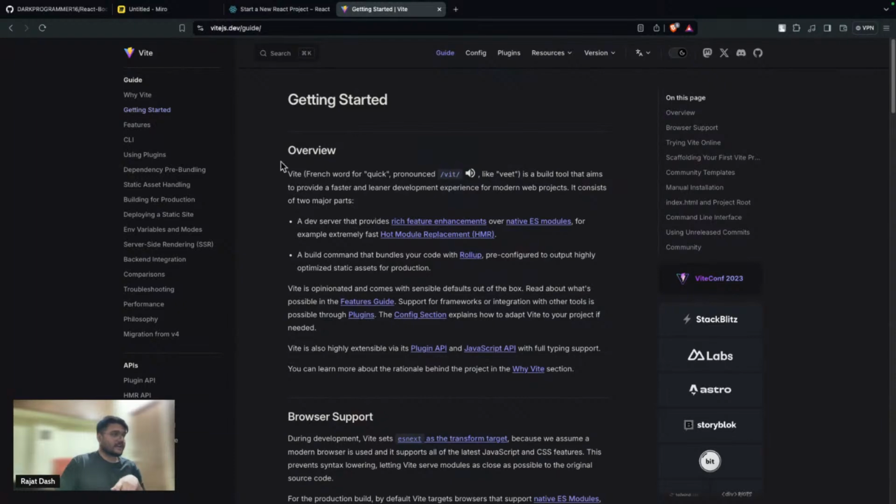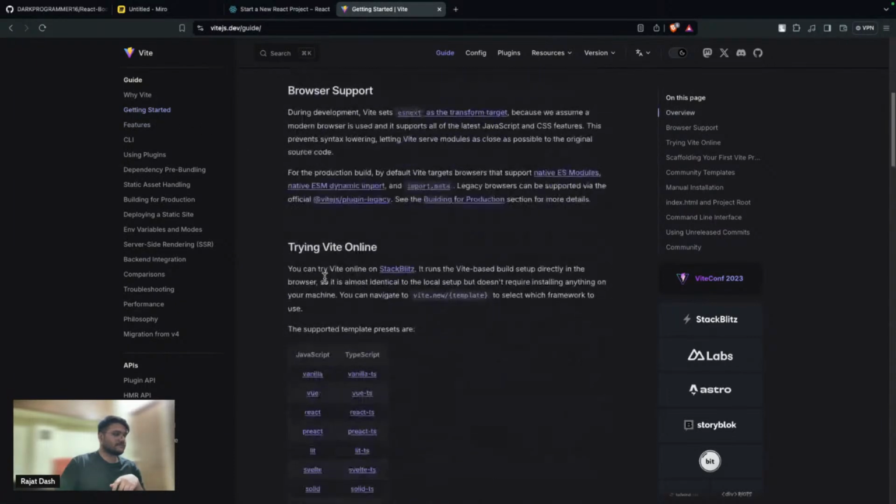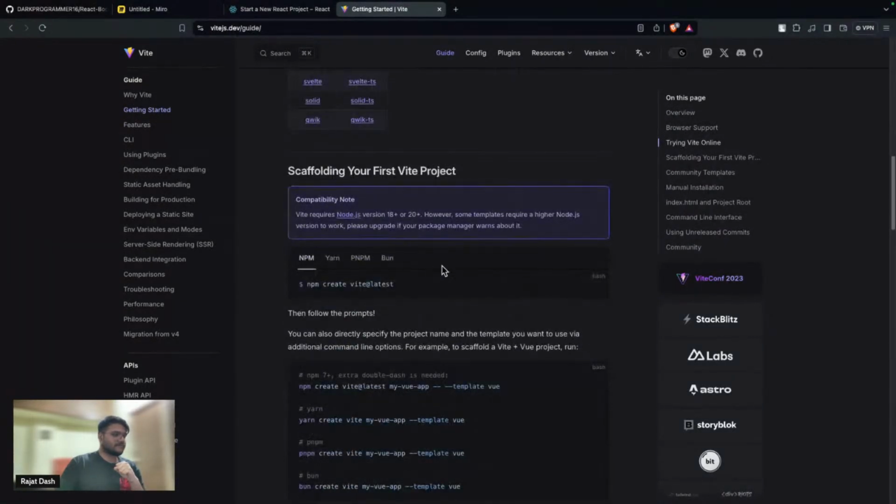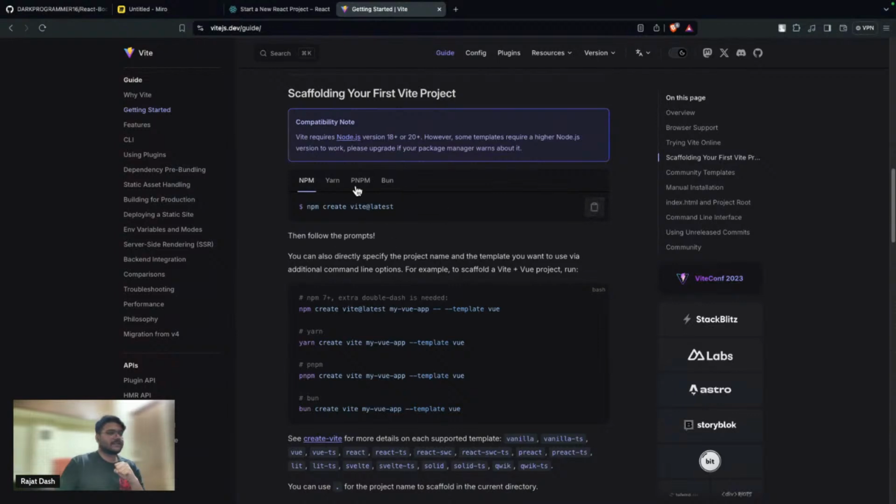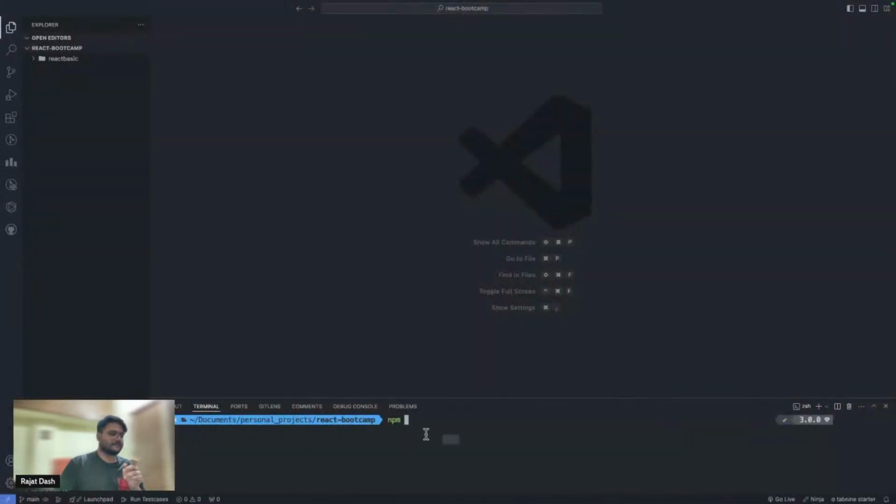You go to get started, and here you can see there's one command called npm create vite@latest. This is it. We need this only. I copied this and pasted this. Now it will ask for my project name.